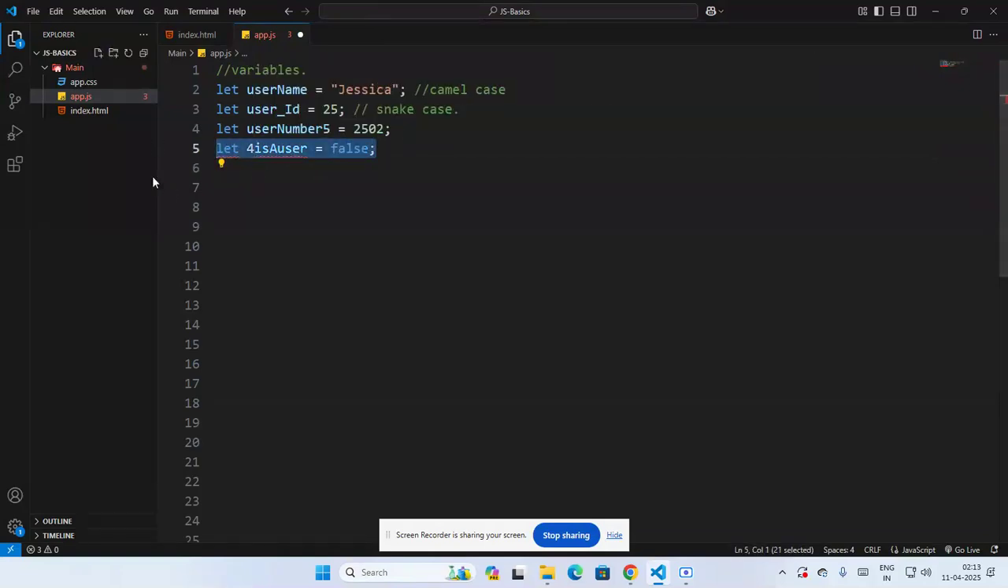So what characters are allowed at the start of the variables? Let's discuss that. This is not allowed, by the way. Numbers at the start are not allowed. Okay. So what is allowed at the start? Dollar sign is allowed. isAdmin